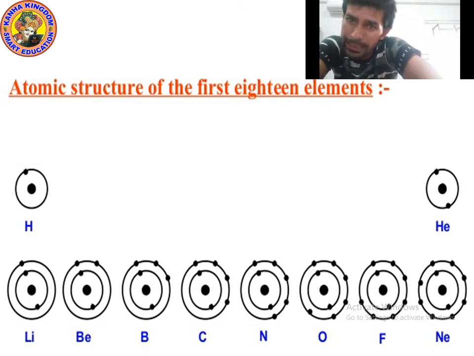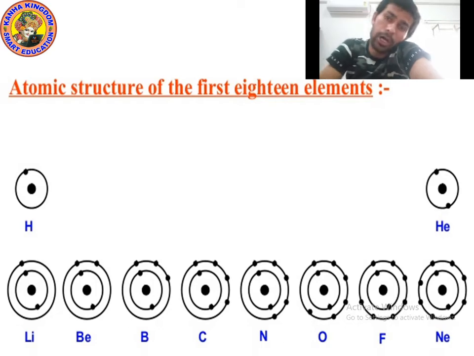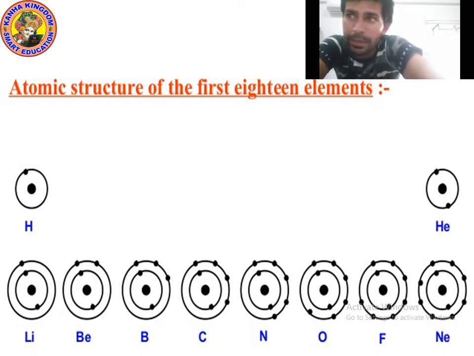Now let's talk about neon. Neon has 10 electrons. So in the first circle we can fill only 2 electrons. Yes, maximum 2. So we will make 2 black dots. Now 10 minus 2, 8. 8 electrons are remaining, and in every upcoming circle, every upcoming shell, every upcoming orbit, we can fill a maximum of 8. And how many electrons are remaining? 8, because neon has 8 remaining electrons. So we will make 8 black dots in the next circle, which means we will draw 8 electrons. Okay, I hope you understood.